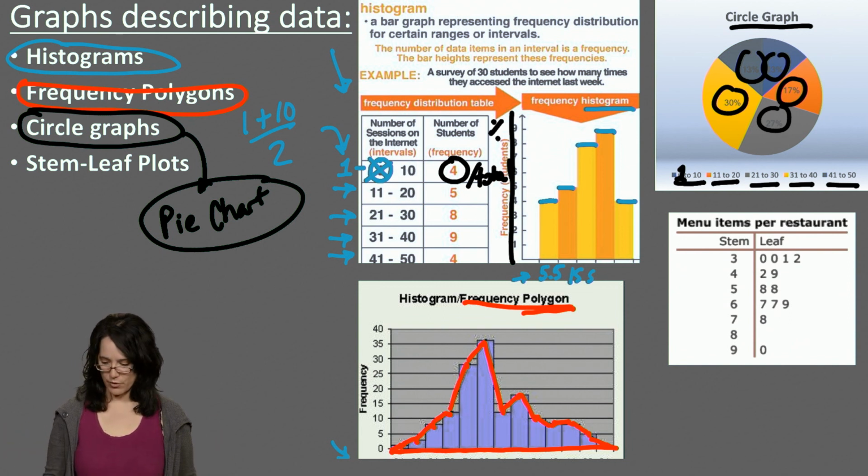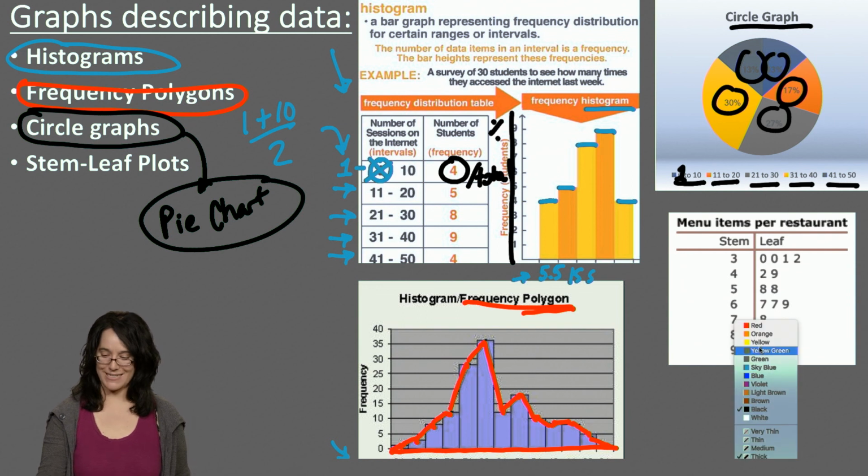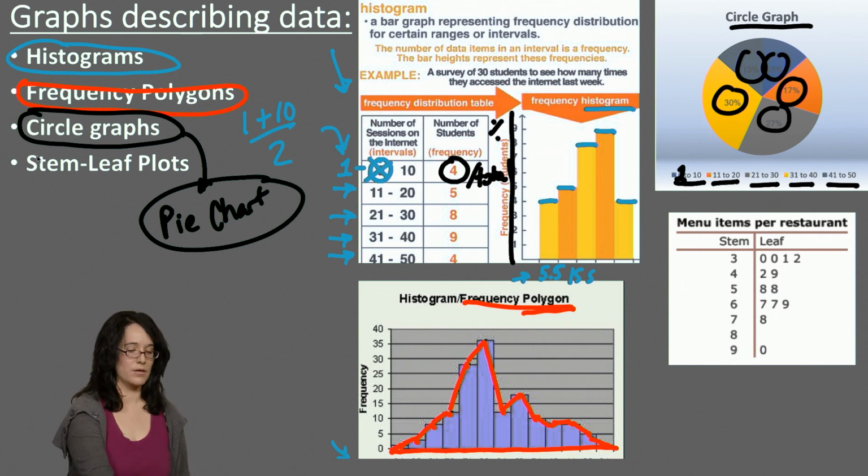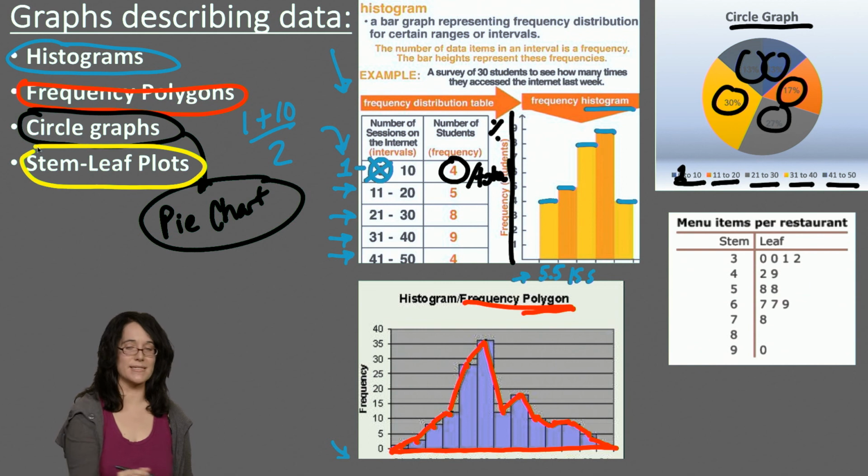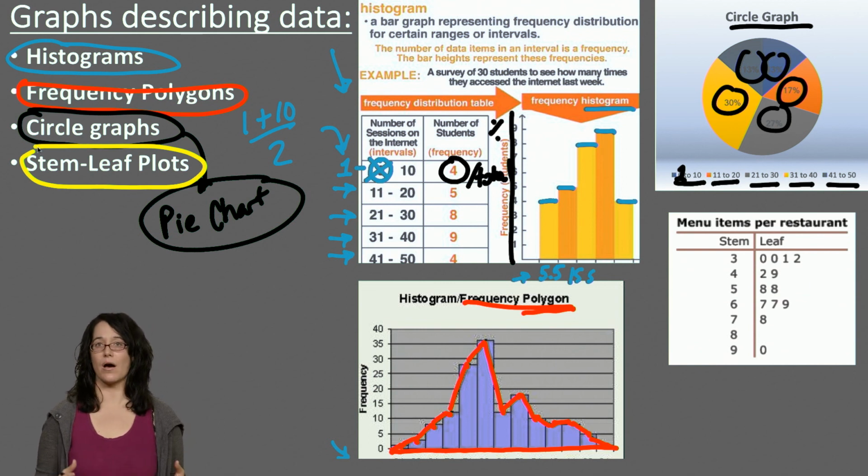Now the last way that we're going to organize our data in this section is using something called a stem and leaf plot. This is not as common in real life, to be honest, but if you are going to take a statistics class, stem and leaf plots come up all the time when you're organizing your data. So when would they be useful? Well, they're useful if you have lots and lots of elements that all start with the same